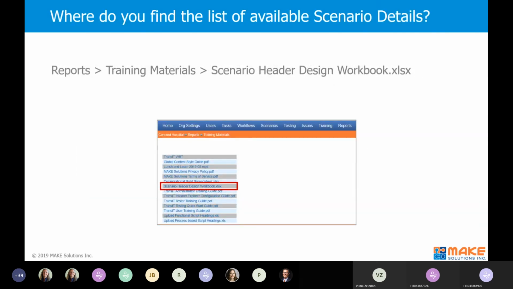If you want to know what are all the scenario details that are currently built today, to get to that, you go to reports, you go to training materials, and then you go to this scenario header design workbook and open it up, and it tells you not only every field that's available, but it also